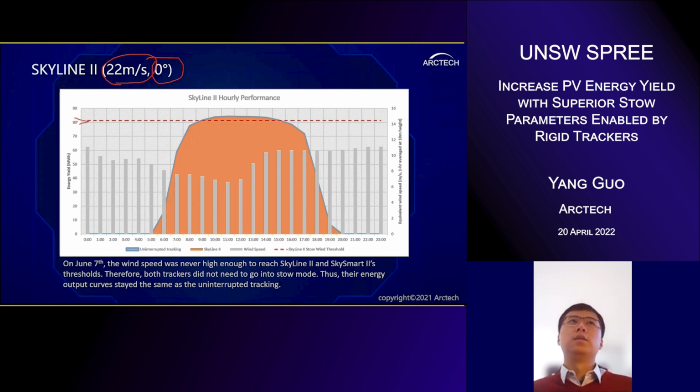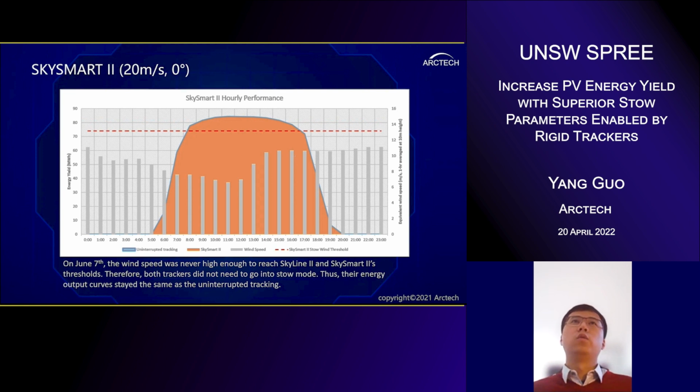And this dashed line is the wind stow speed here. As you can see, the gray bar has never touched that dashed line. So the energy output from the SkyLine 2 will perfectly match the uninterrupted tracking. They are the same because nothing has interrupted the tracking function. And it's similar for SkySmart 2, although it has a slightly lower stow speed, it doesn't get any effect